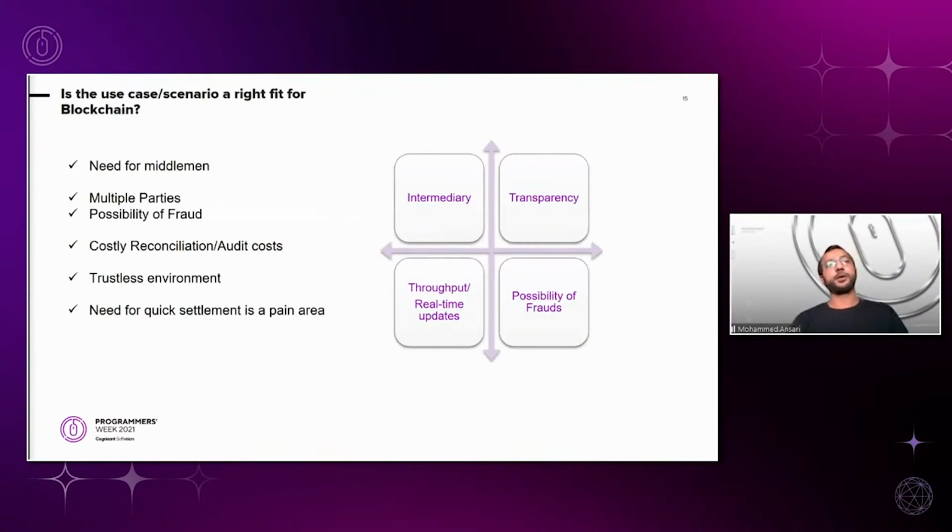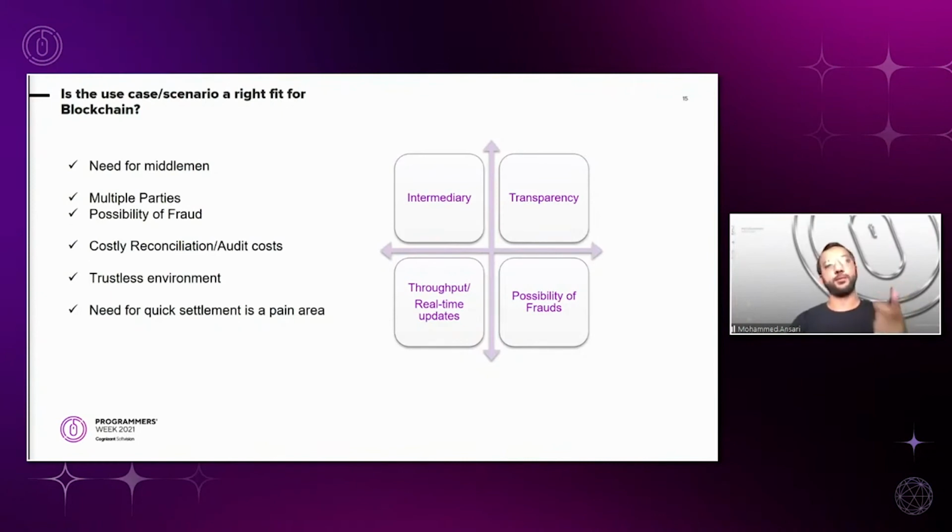Now, this is one of the important considerations. When businesses want to employ blockchain to solve some kind of problem, they have to look for the right fit. You can't solve everything with blockchain. There is something called a